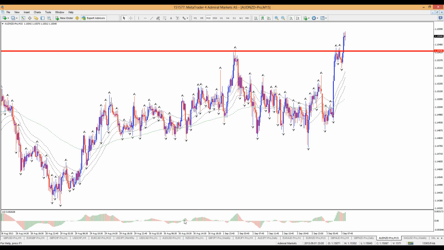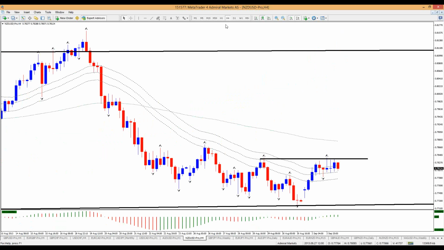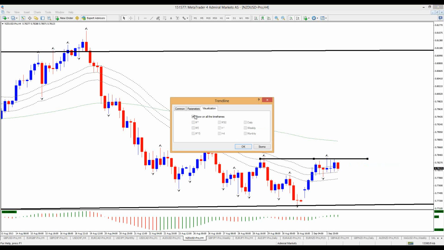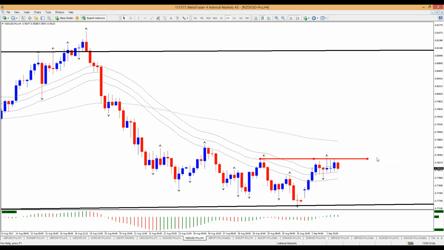I had New Zealand dollar as well. This is the 1 hour chart. Let me zoom out to the 4 hour chart first. And yeah, the reason why I like this one was because if we do break this intermediate, let me make it a different color. If we do break this, let's make it red. If we do break this red line,